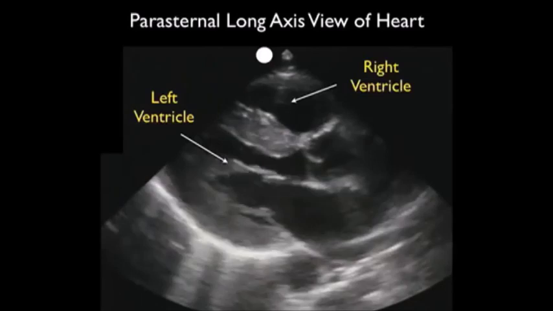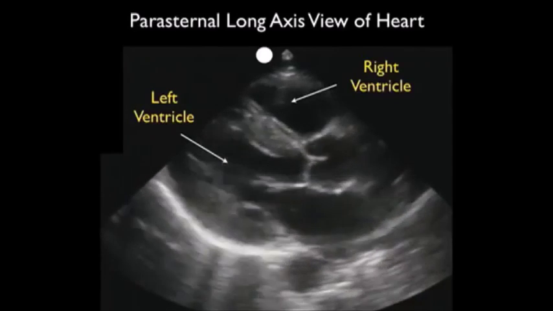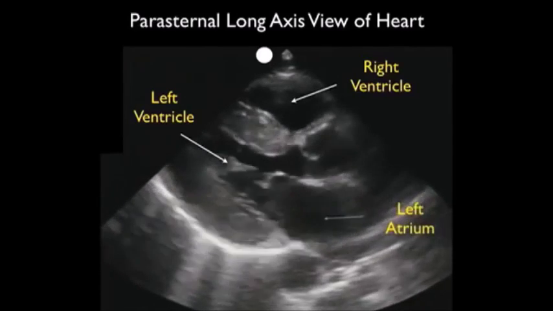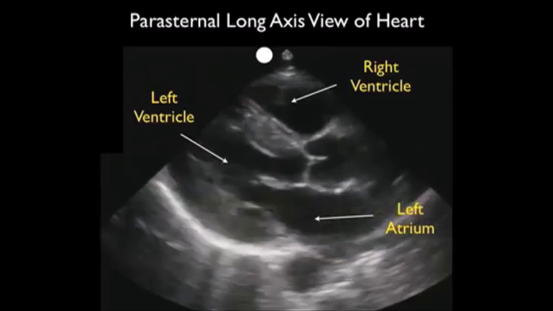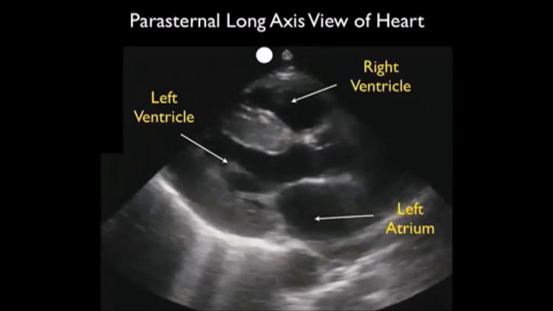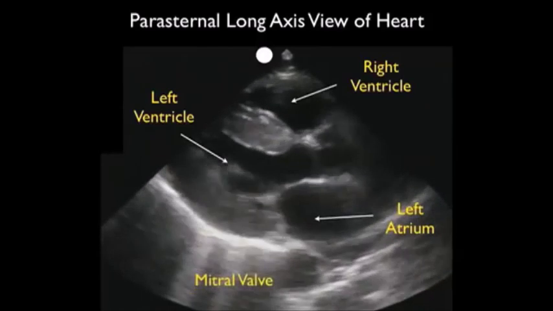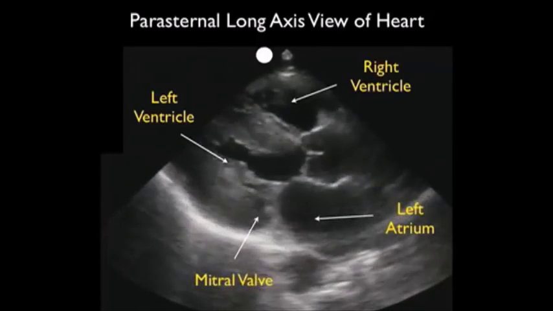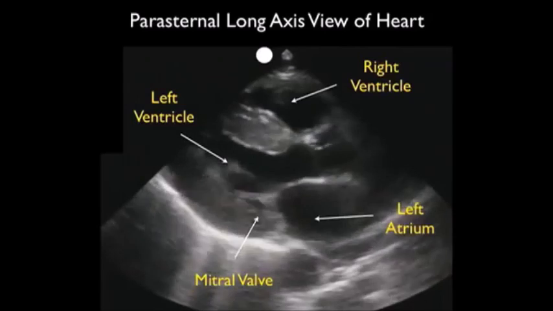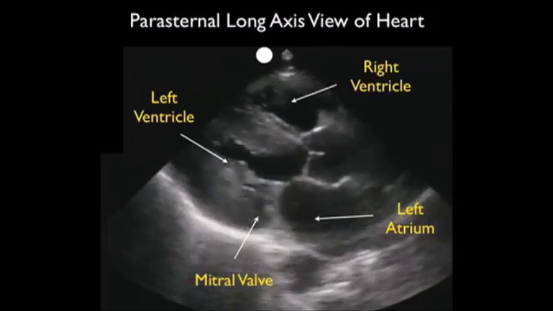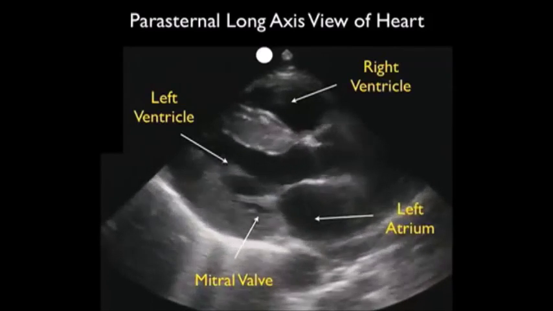Let's look at the percentage change from diastole through systole, and here we see that the walls come in well with each heartbeat, indicating good contractility. We see the left atrium to the right of the left ventricle, and notice the mitral valve flipping up and down in between the left atrium and the left ventricle. We see here good movement of the mitral valve, indicating a good amount of blood flowing between the left atrium